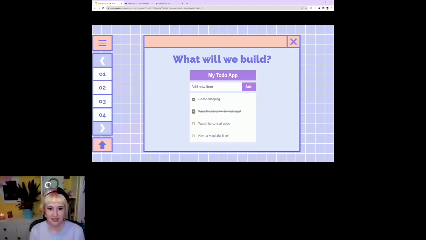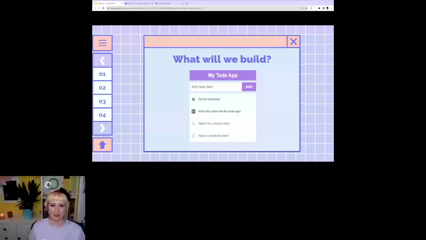And once we've got everything working and saved inside the browser, we're also going to take a look at how we can use an HTTP API, so an API external to the browser, which is how we're going to save data in the real world. So